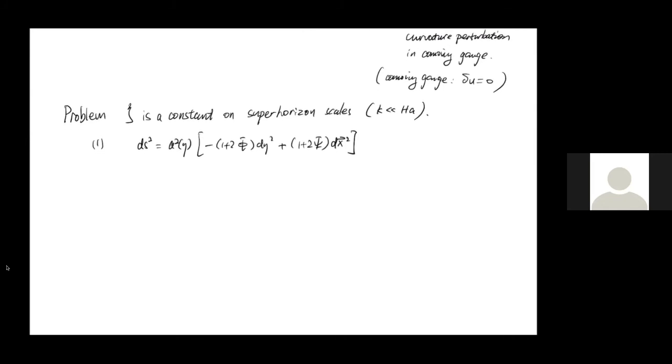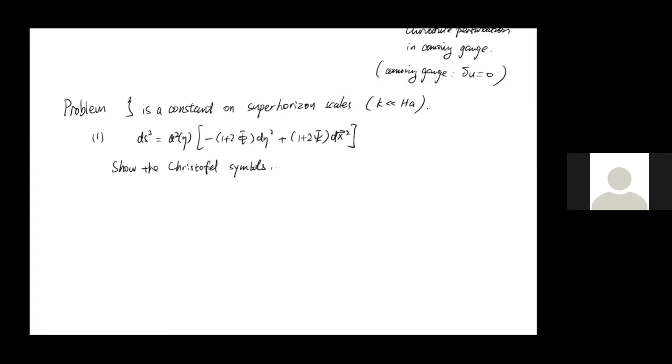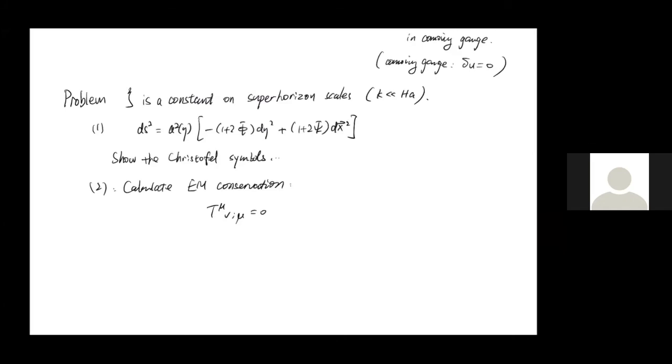And you can show the Christoffel symbols. I write it in the problem. You can check it by yourself. And then you can calculate the energy momentum conservation, of course, to the perturbed level. This will give you a